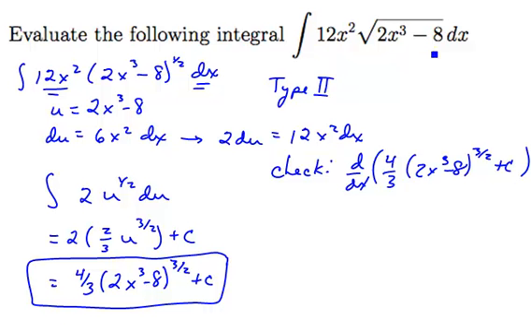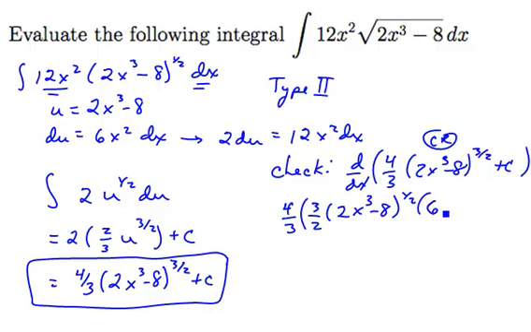So my derivative is this expression, and I'm just going to clean this up a little bit. The 3's cancel. The 4 divided by a 2 is a 2, so this will be a 2x cubed minus 8 to the 1/2 times a 6x squared. And now I'll just gather like terms together again. The 6 times